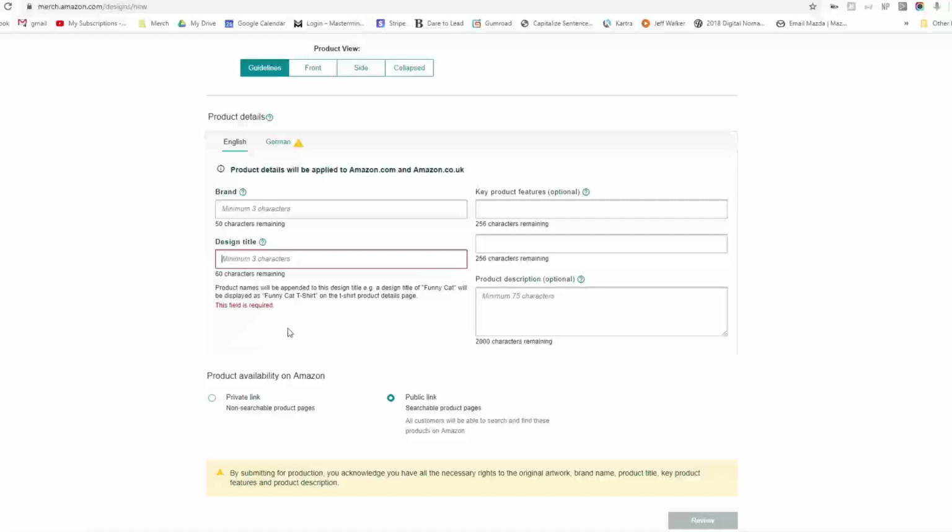This is another area where I would highly suggest, if it's somewhere that this is like what's crippling you, you can actually skip these key product features or their bullet points. You can see that it says optional right here, and the product description is also optional. We've talked to some people in the past where this is like kind of their bane, or their Achilles heel in their business, is having to figure out what good bullet points to write, and so we've just told them to skip that, and their business started being a lot more successful, because instead of being crippled by having to make bullet points, which is a hard thing to do, especially when you're first starting off, they were actually able to get up a lot more listings just creating a brand name and a design title,